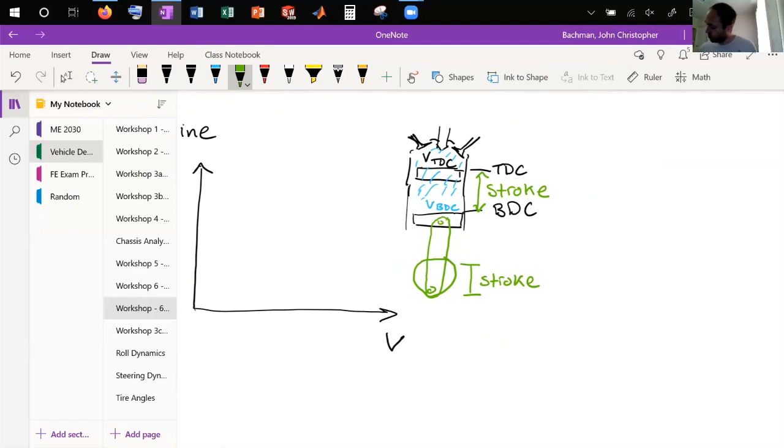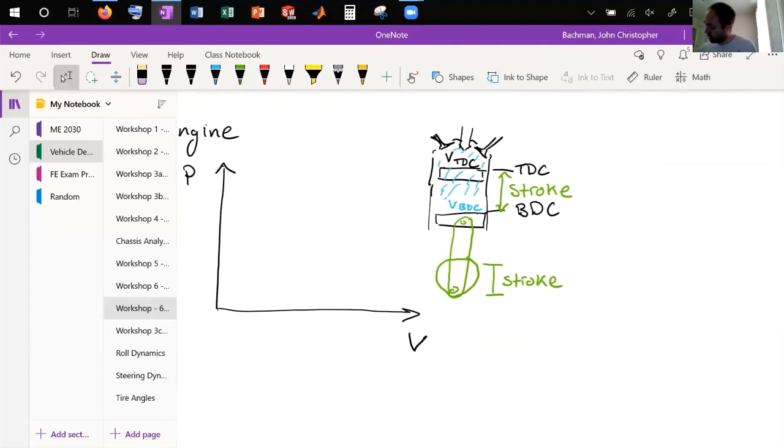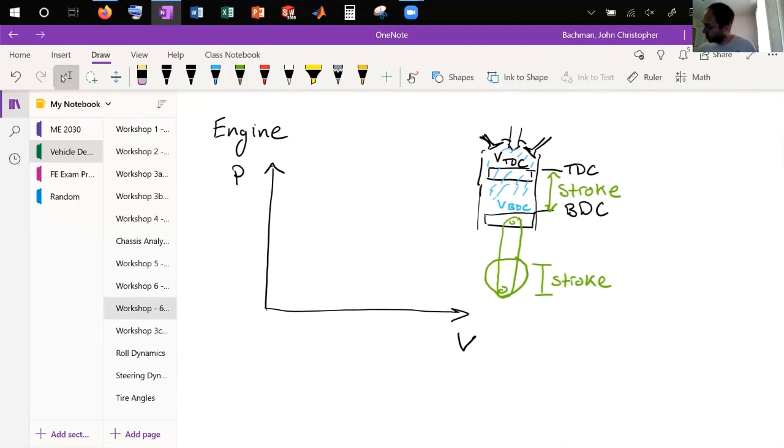And then there are a couple of important things about the design that we care about, and one of those is the compression ratio. The compression ratio is the volume at bottom dead center over the volume at top dead center. This is usually on the order of 12 or so for our formula engines. And so the higher the better, usually,